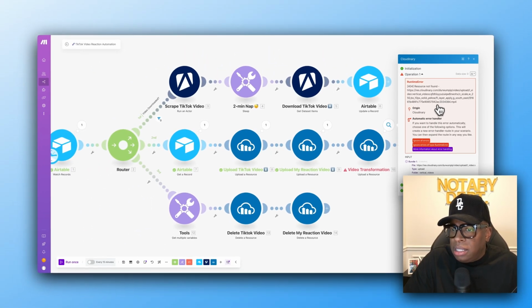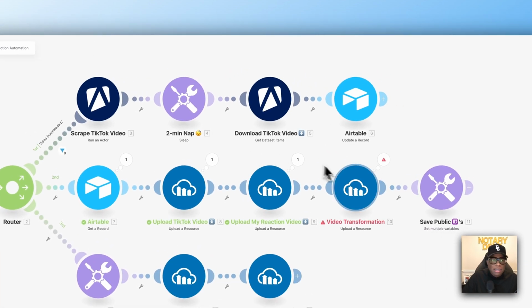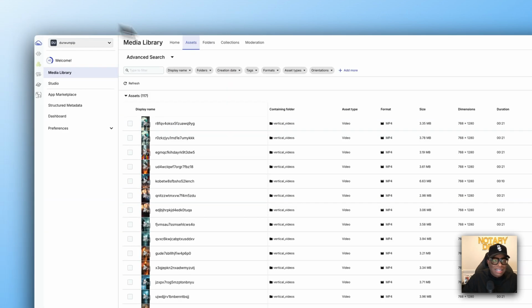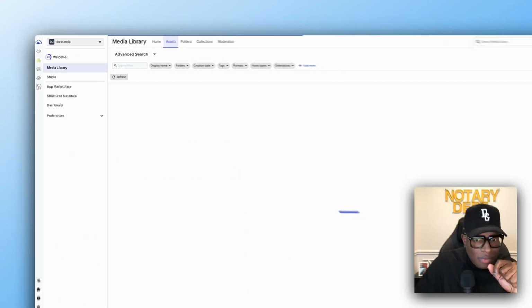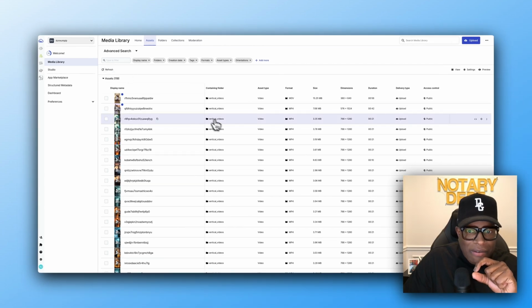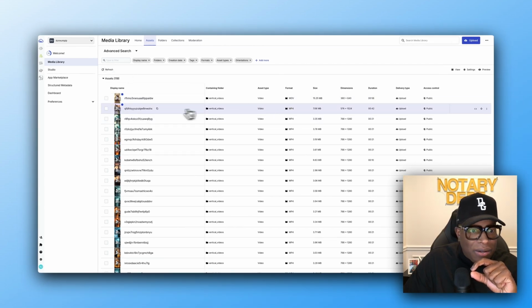Let's see. Resource not found. The resource is not found. How is that? All right, so let's go into Cloudinary and let's take a look. Let's do a refresh here. This is the Cloudinary back office. Maybe it ran a little too fast. We're saying that the resource is not found, which is,